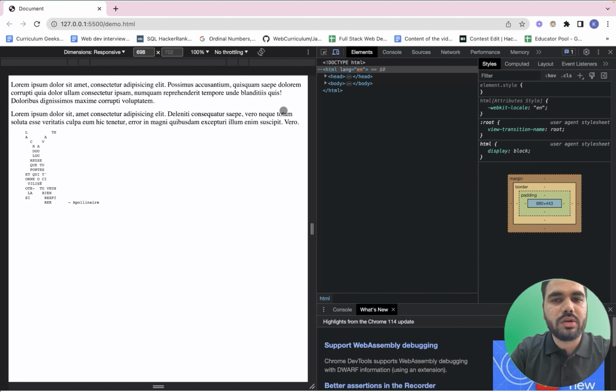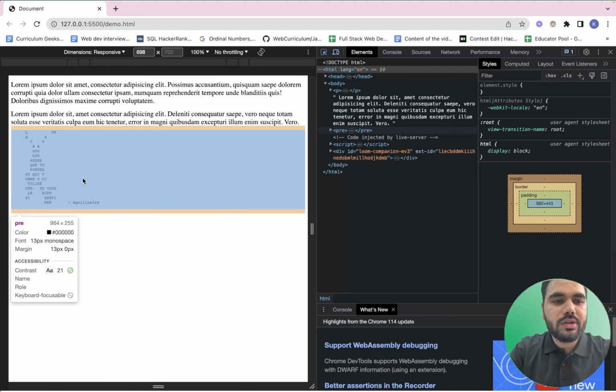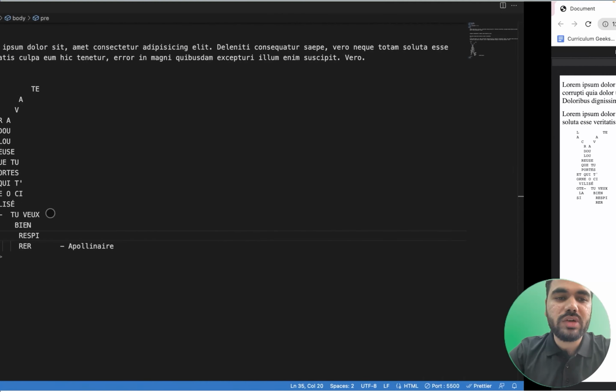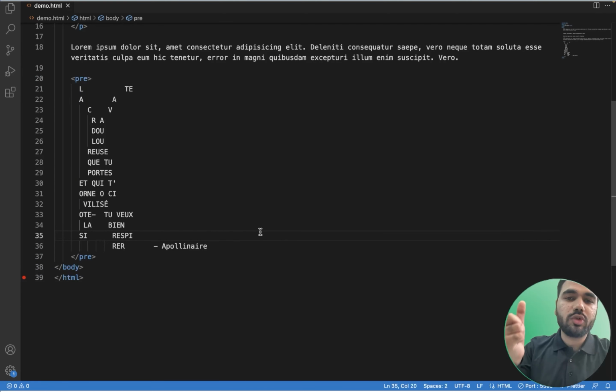rendered to my browser. So if I hover, you can see it is inside a pre tag, whatever the content I have written, whatever the content we have written with the same space that is written in the code, it is also getting rendered. तो ये tag कब use आता है, when you need to showcase your code, when you are writing some poem, when you are writing some space in between, कोई ऐसा content जिसमें space चाहिए और चाहिए ही चाहिए, तो you always have to use pre tag.